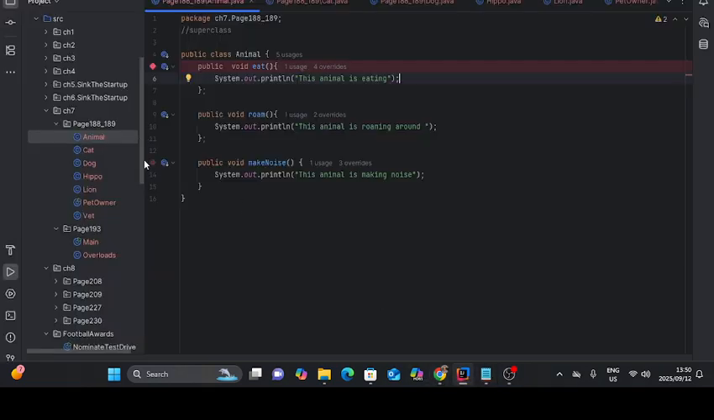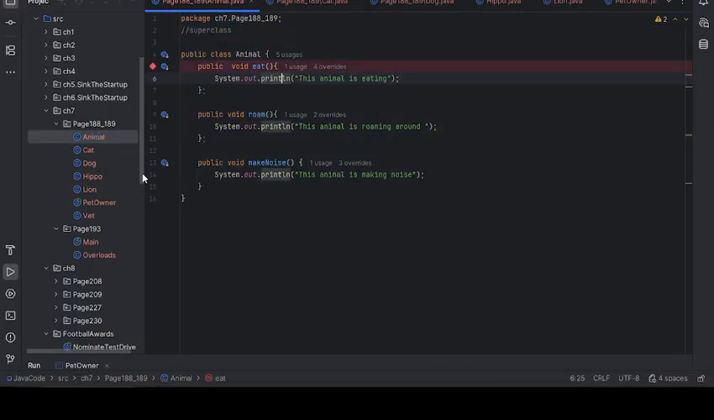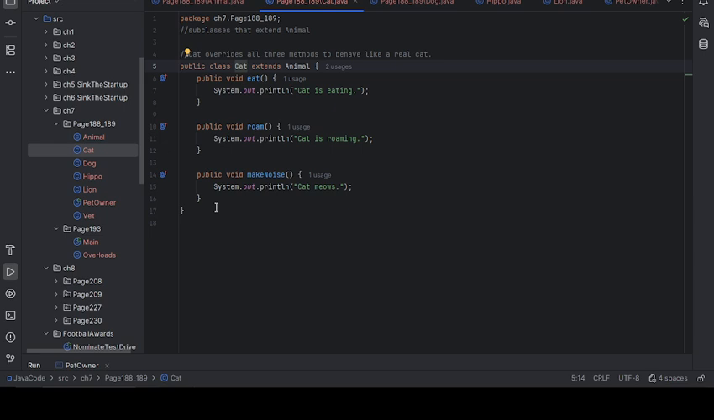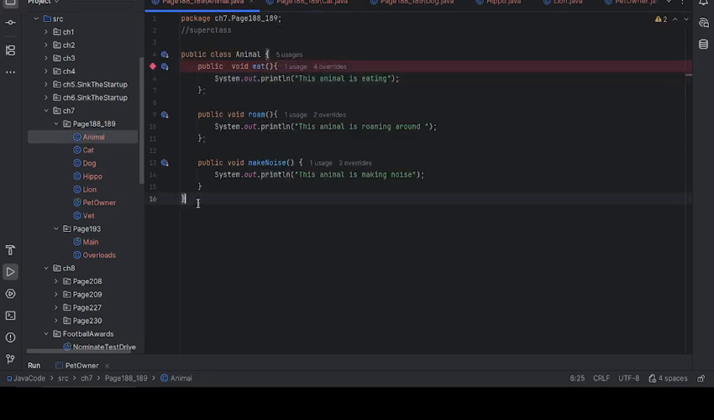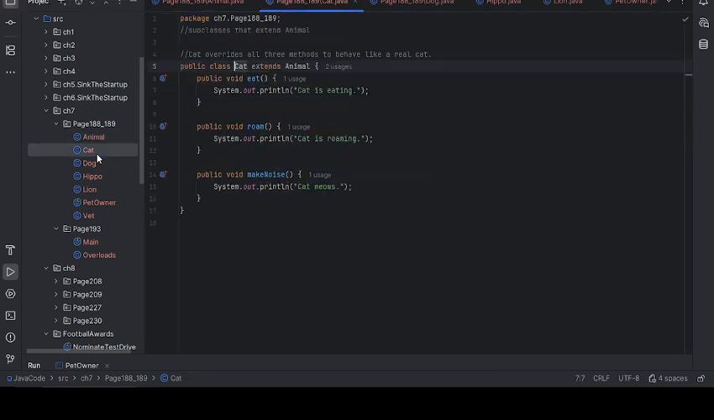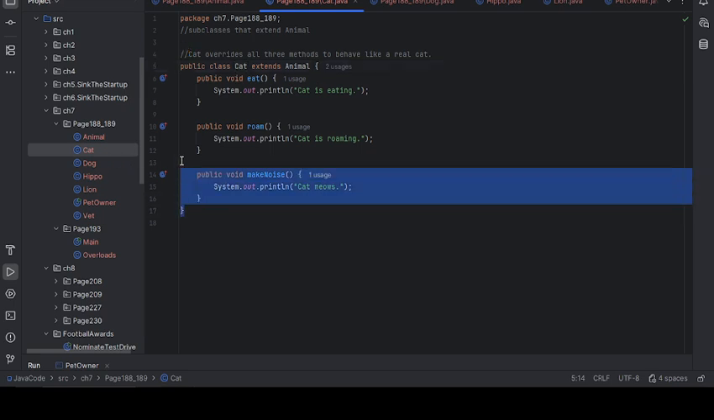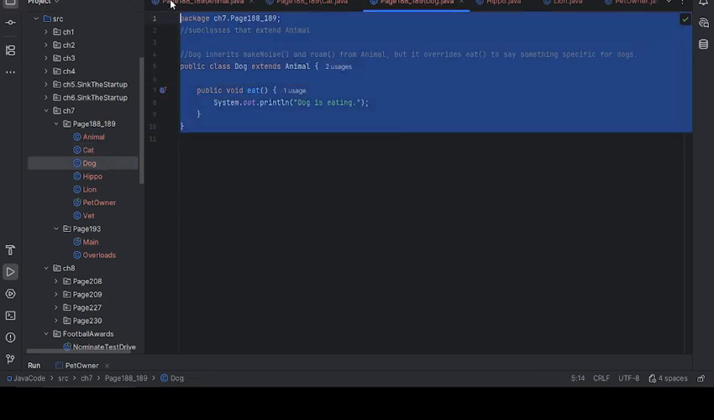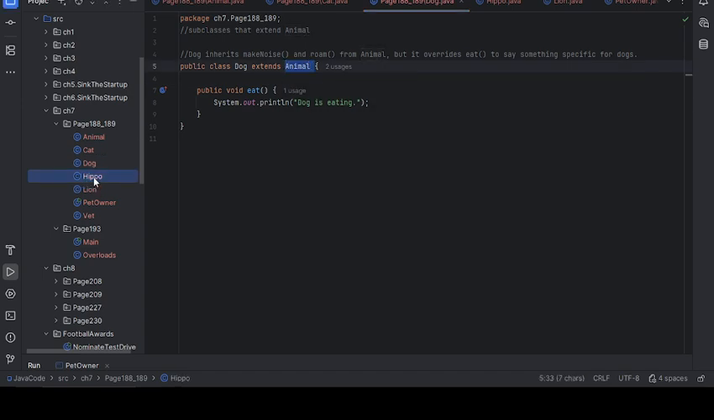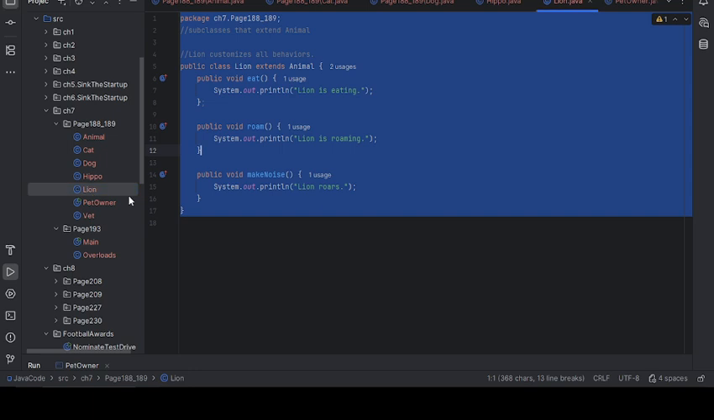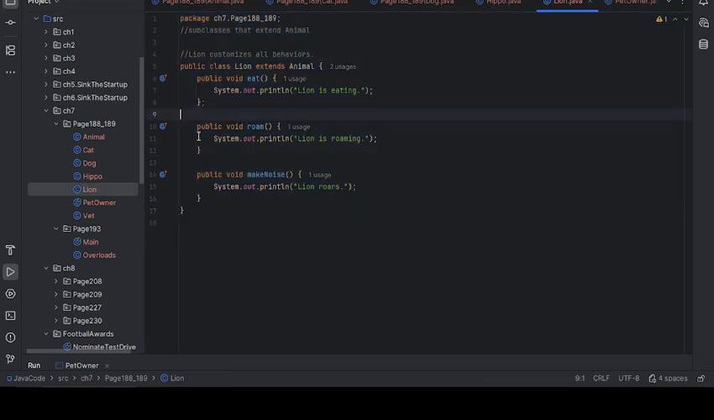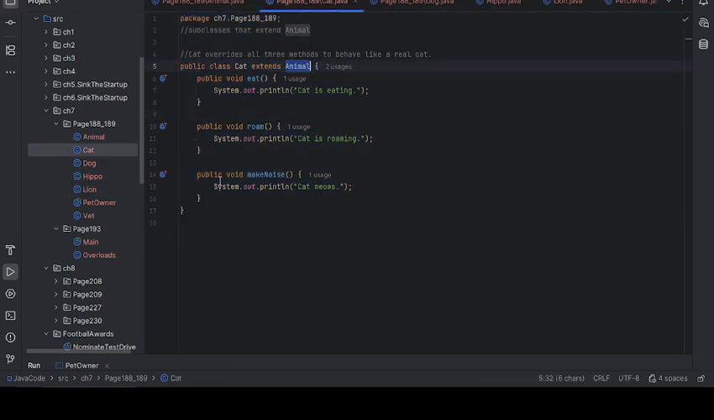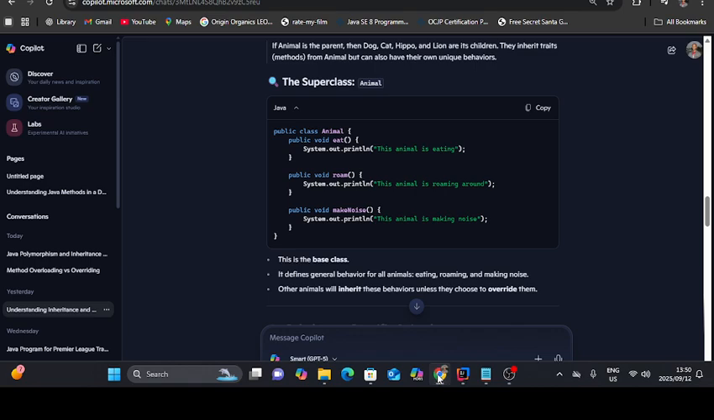So you can see here I have my animal class. This is my superclass. Then the rest of these classes here inherit from my superclass, which is the animal class. So here I have the different types of animals. So the cat is gonna inherit from the animal class. The dog class will inherit from the animal class, as well as the hippo class and the lion class. So firstly, this cat class over here,